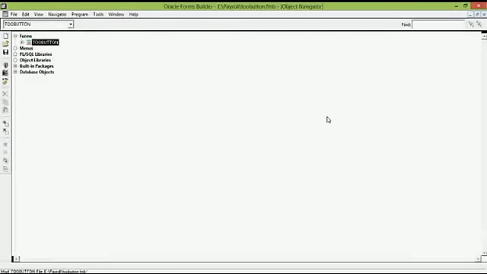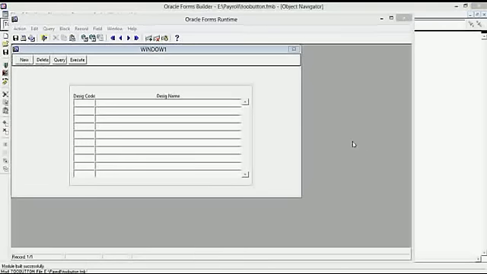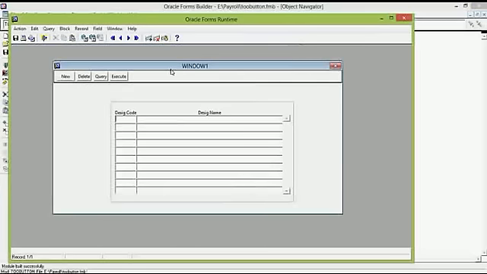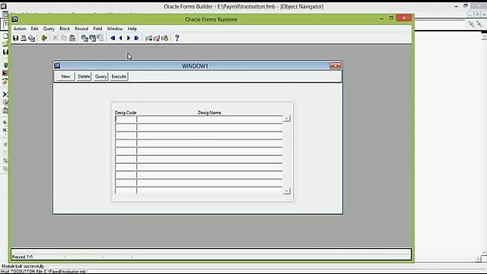So let us see in runtime what output comes. Okay, as you can see, we have the toolbar canvas at the top and the data block which belongs to designation master is at the bottom. Now as you can see, the default toolbar provided by the forms is already there, so we need to remove this one, as we will only use these toolbar buttons.